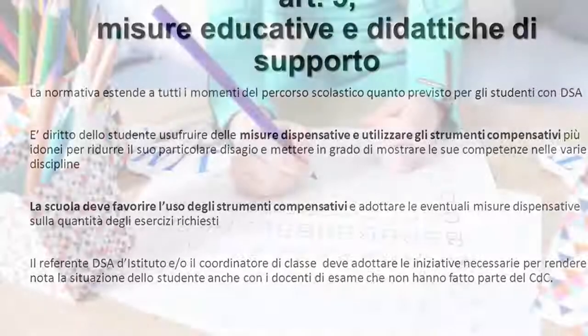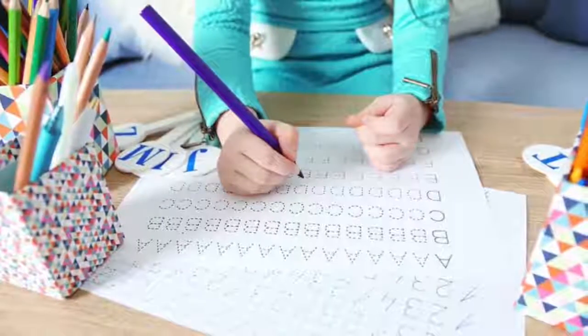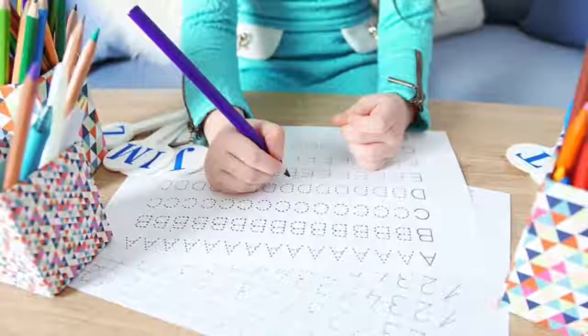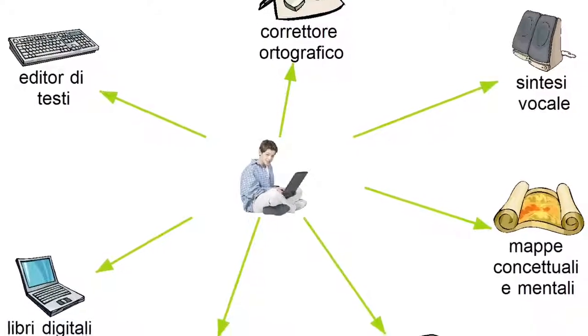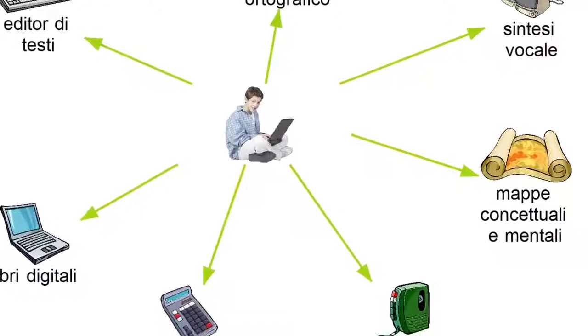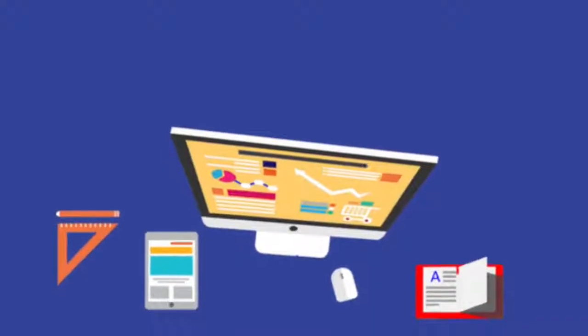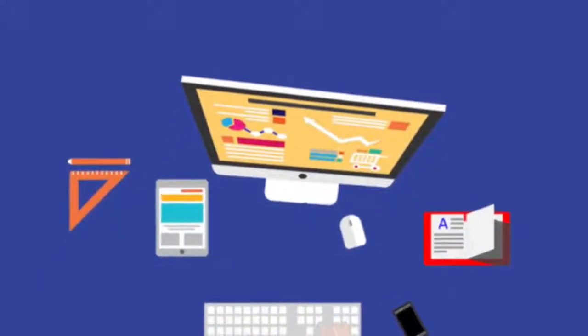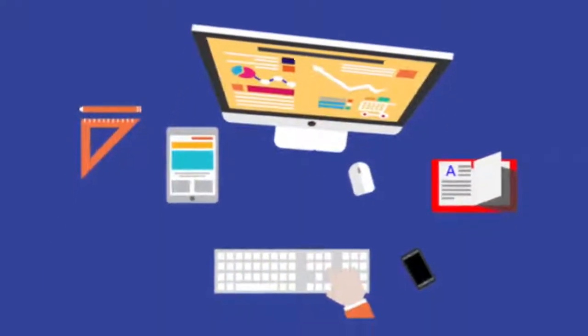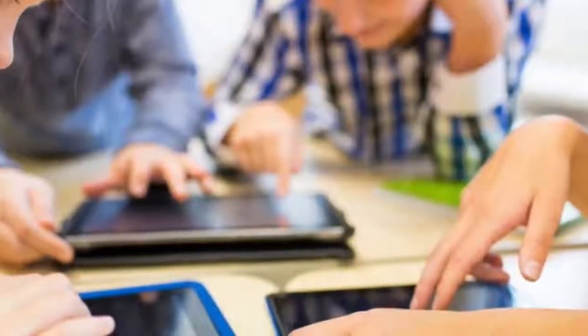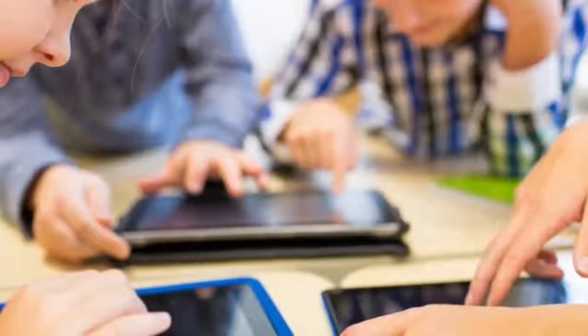Article 5 of Law 170 deals with educational and didactic measures to support learning, and indicates that these students are entitled to appropriate compensatory measures of educational flexibility during their education. In fact, to a personalized plan, they have to add the so-called compensatory tools that must be chosen based on a careful analysis that takes into account the student's profile. Examples of compensatory tools are